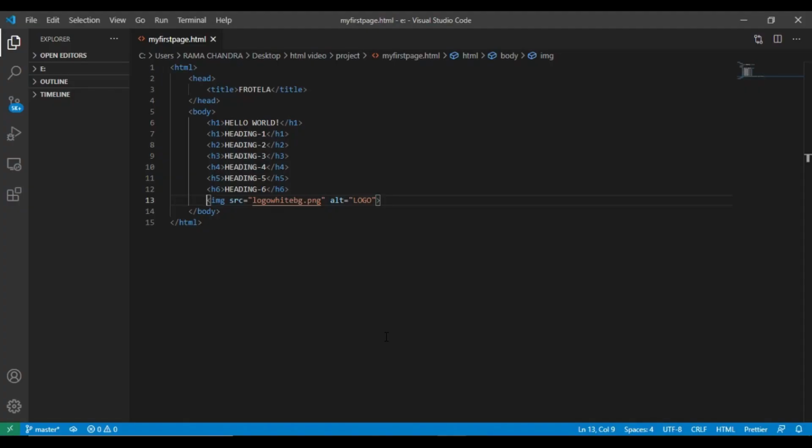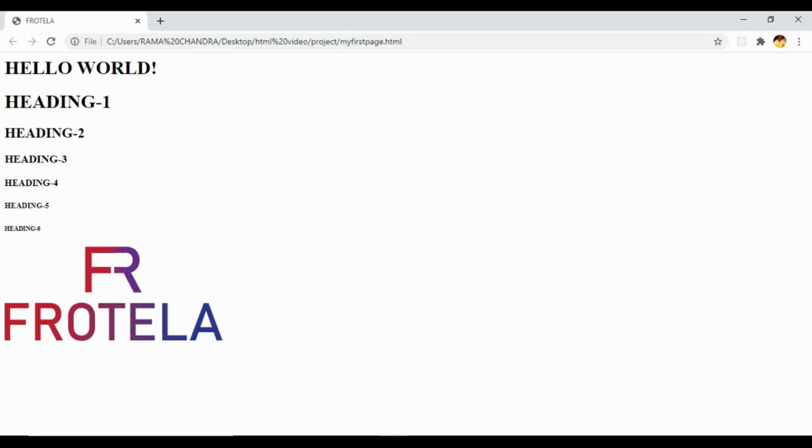Now we shall use the center tag to make the image visible in the middle of the page. Let's save it and view it in the browser.